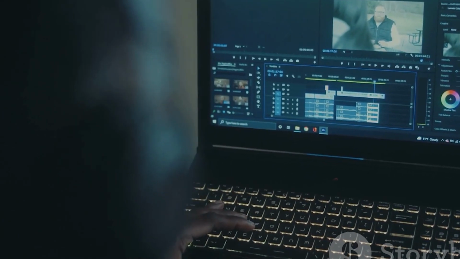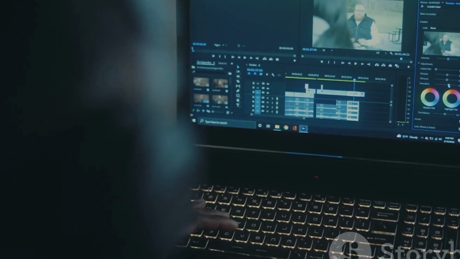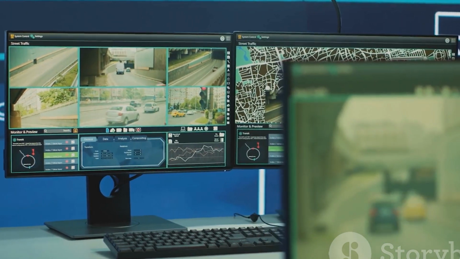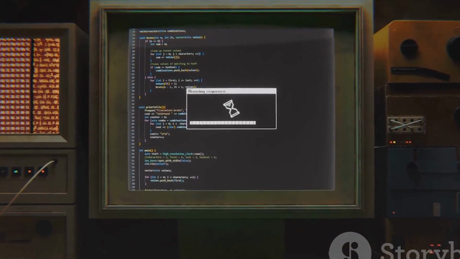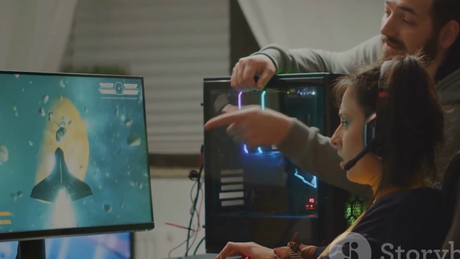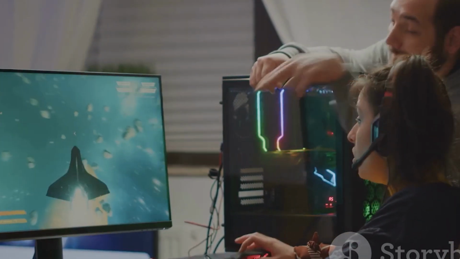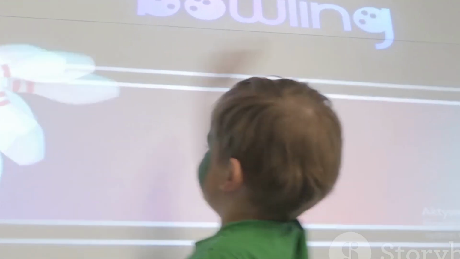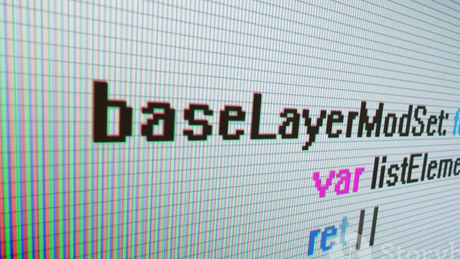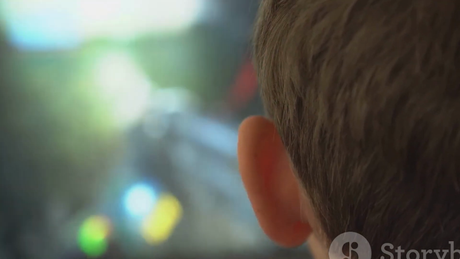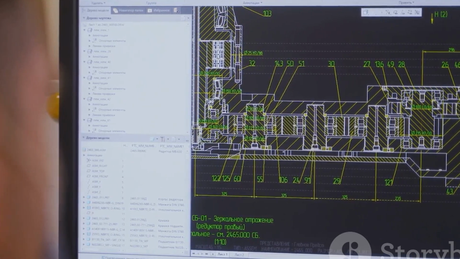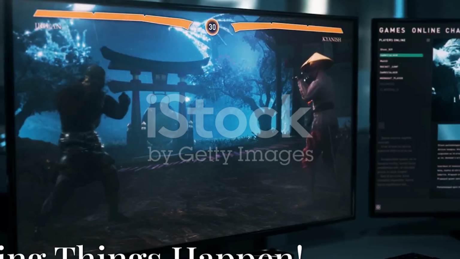To create a new blueprint, you typically use the content browser. Right-click in an empty space where you want to save your blueprint. From the menu, choose Blueprint Class. A window will pop up asking you to pick a parent class. A parent class gives your blueprint some basic functionality to start with. For objects you place in the world, Actor is a good choice. For game rules, Game Mode Base might be better. For now, let's focus on Actor. Select Actor, then give your new blueprint a name. Double-click it to open the blueprint editor.